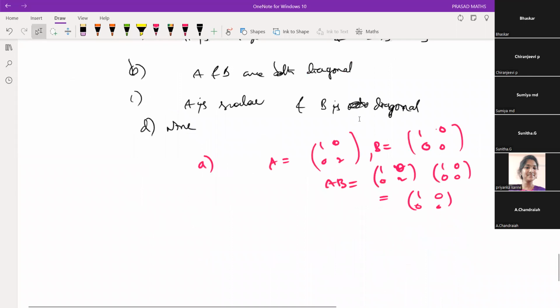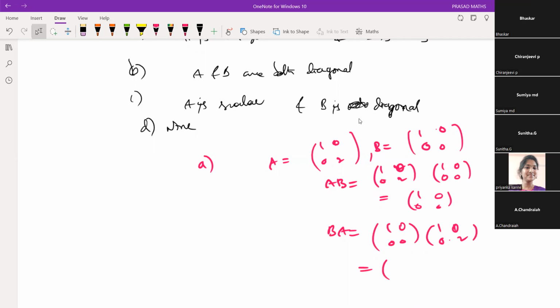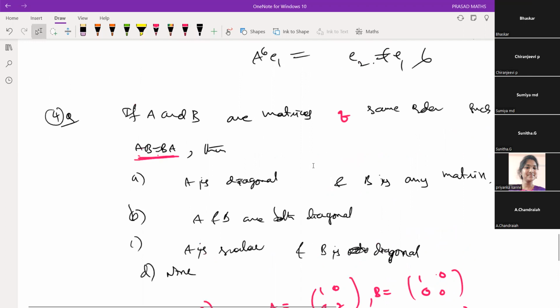Right? Is it right? 0. Right? Next, what is BA? 1, 0 0 0 0. Right? So matrix multiplication is commutative. Okay, but the thing is